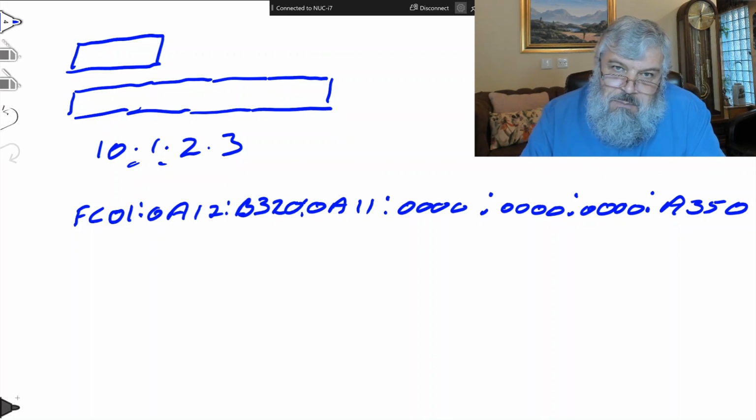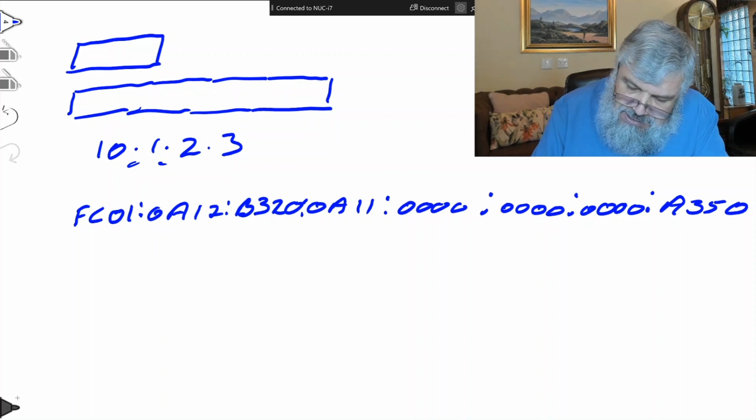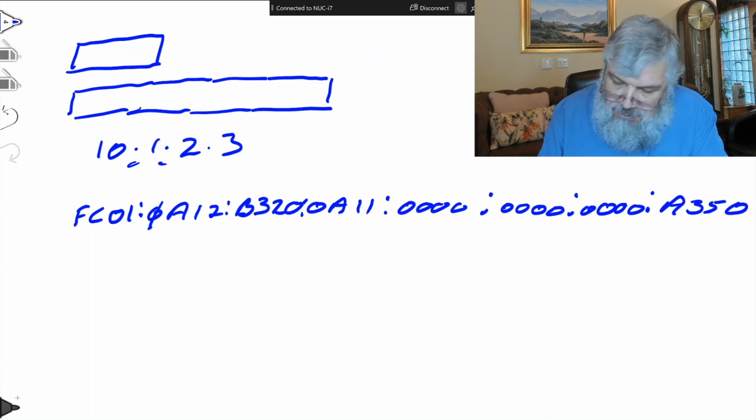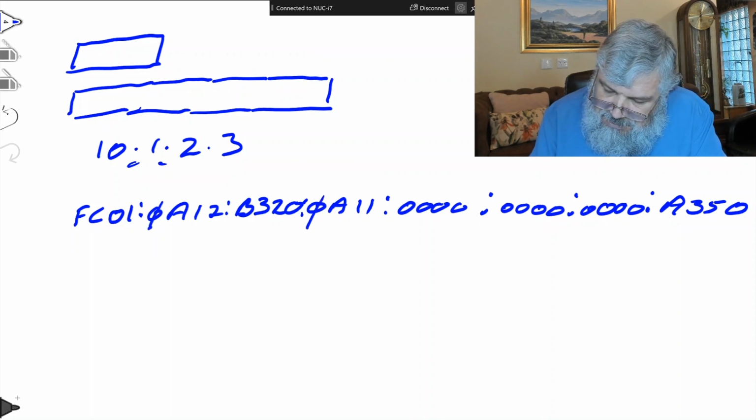Clearly, that is a much harder field to recite, to remember, for an IT tech to give to a user to enter via a phone line. There is one thing that makes our life a little bit easier. We don't have to write down leading zeros. So in our example that we have here, there is a leading zero. We don't have to write that down. There's another leading zero. We don't have to write that down. Well, there are quite a bunch of leading zeros there as well,